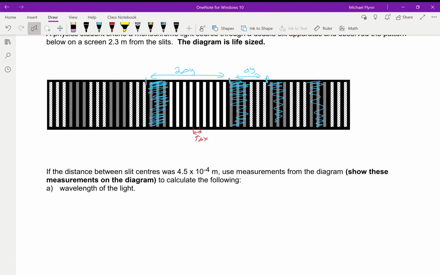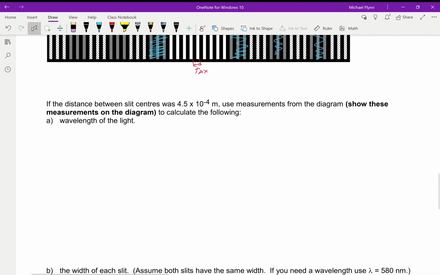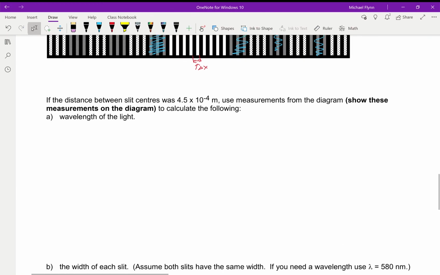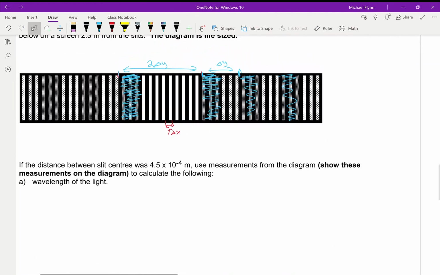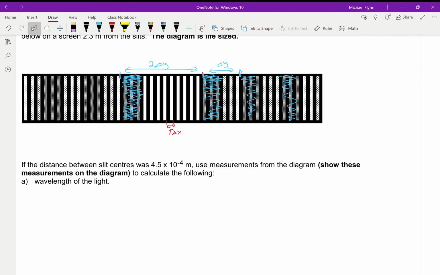Okay, so here's the deal. I'm going to give you a number here. I'm just going to work it out, and then I will let you do the calculations on your own. So I'll give you the measurements, but I just have to work out what they should be. I'm going to go with green light, one of my favorites. Pardon me, I should have done this ahead of time. I forgot that you wouldn't be able to actually measure this with a ruler unless you printed it out. So to save you that trouble,